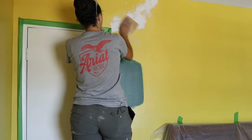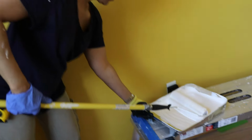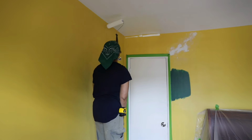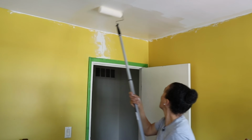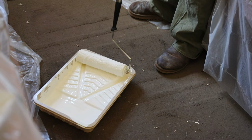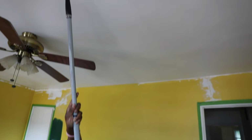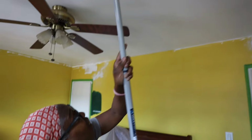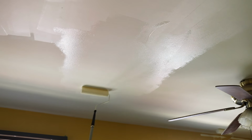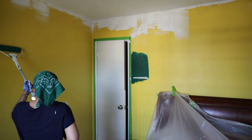So once the walls were prepped and ready to go, we first had to do the ceiling. Now, we did kind of wipe the ceiling down a little bit, but there wasn't really too much we needed to wipe down on the ceiling. The main thing was just getting a couple of coats on the ceiling. It's hard. I don't like to do ceilings. It's messy. You've got to cover everything up. But we were able to get the ceiling done on one day,